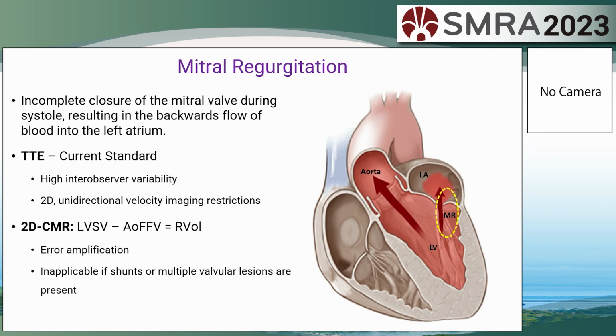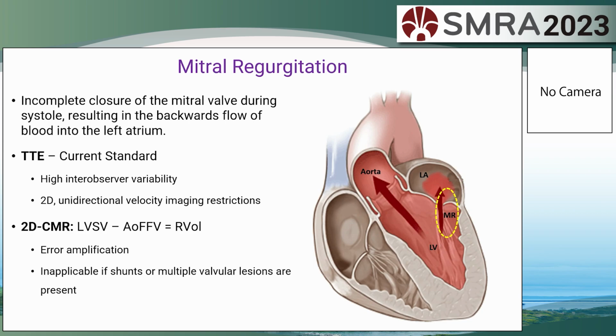Clinicians look to quantify disease severity to further guide any potential interventional decisions. Imaging, mainly transthoracic echocardiography and 2D CMR, helps inform this decision. TTE is the mainstay imaging for MR, but is limited as it contains high inter-rater variability and 2D one-component velocity imaging constraints. 2D CMR is a supplementary method that we use that works by subtracting the aortic forward flow volume